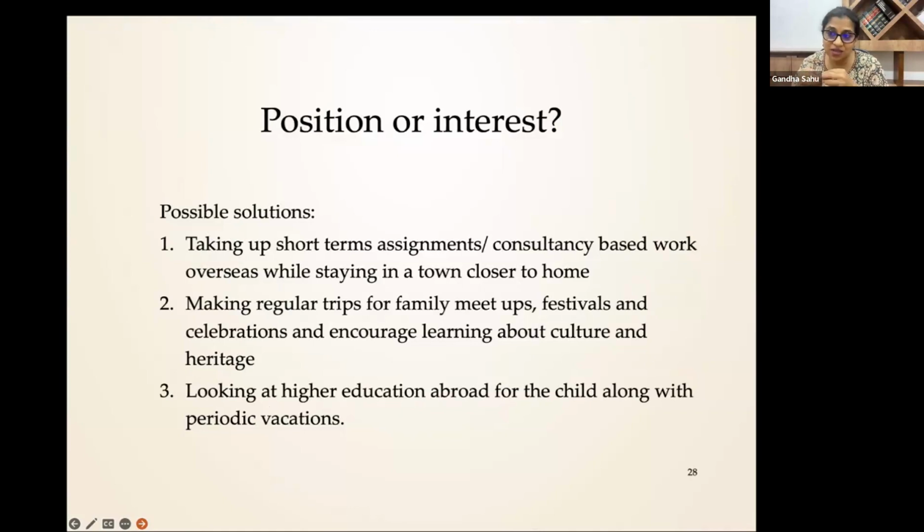If as a mediator, I tell them, you stay there, then you come for vacation to your parents' place, the husband will think I'm biased. If I tell them you stay with the aging parents and you send your kids to the hostel, the wife will think I'm biased, that I'm siding with the other side. But when they understand each other, they will start coming up with solutions. What are the possibilities? How can we satisfy both parties' interests? But that we can do only if we identify positions and interests.